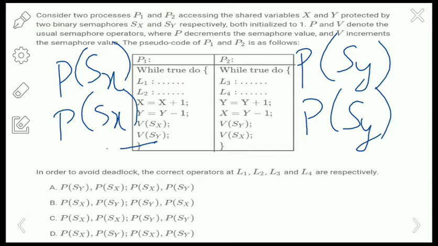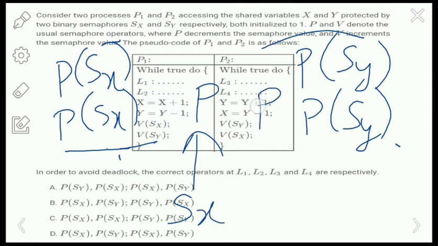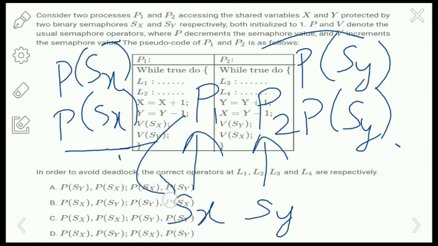P1 is holding the semaphore Sx and P2 is holding the semaphore Sy. Again P1 wants the Sx and P2 wants the semaphore Sy. So P1 is holding the semaphore Sx and P2 is holding the semaphore Sy, and again P1 is requesting the semaphore Sx and P2 is requesting the semaphore Sy.